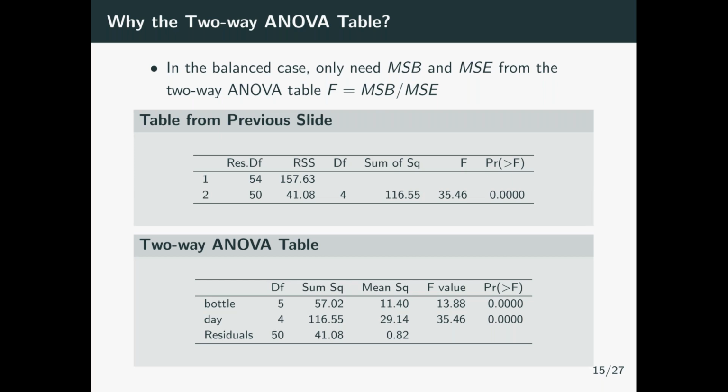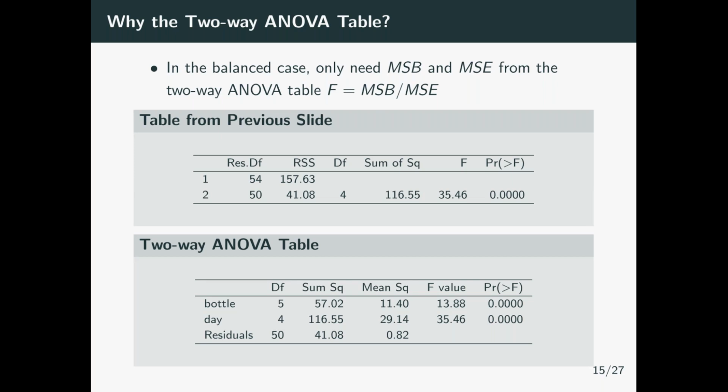Back to what I mean by balanced. Recall, in this case, for each bottle on each day, we make two measurements. We always make two measurements for each combination of the factors. That's what I mean by balanced. If on one day we were to make three measurements for a specific bottle, or we couldn't make two measurements, we only made one measurement on one of the bottles for one of the days, we would no longer be in the balanced case,